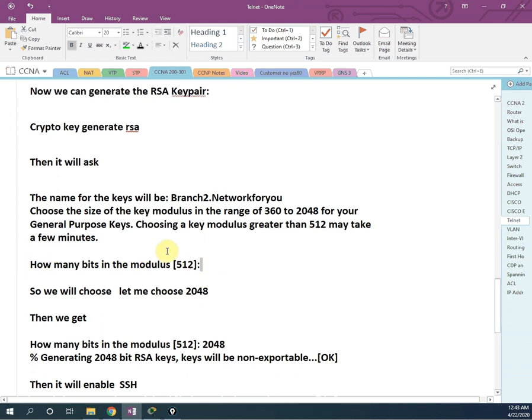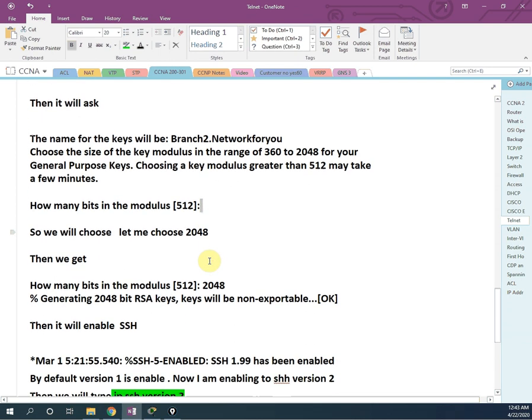We have two types of SSH, version 1 and version 2. If you take 512, it will come under version 1. I will show you in our lab. If I write a lower value, it will be enabled as version 1.